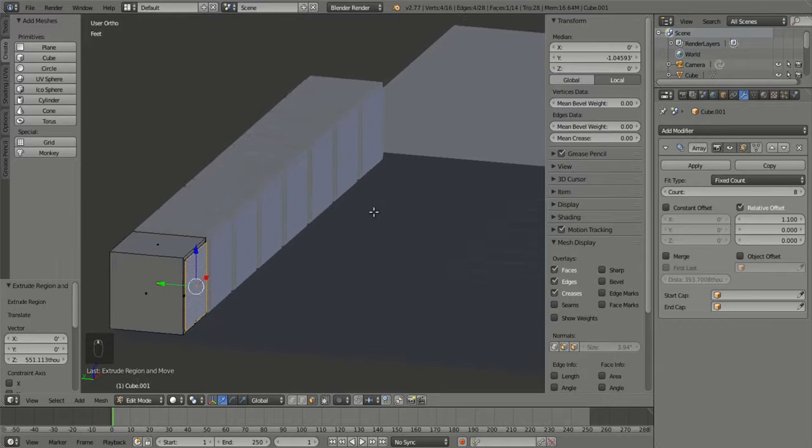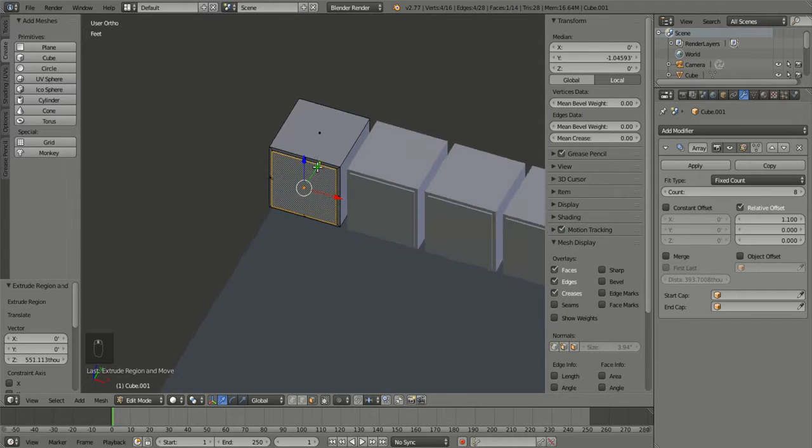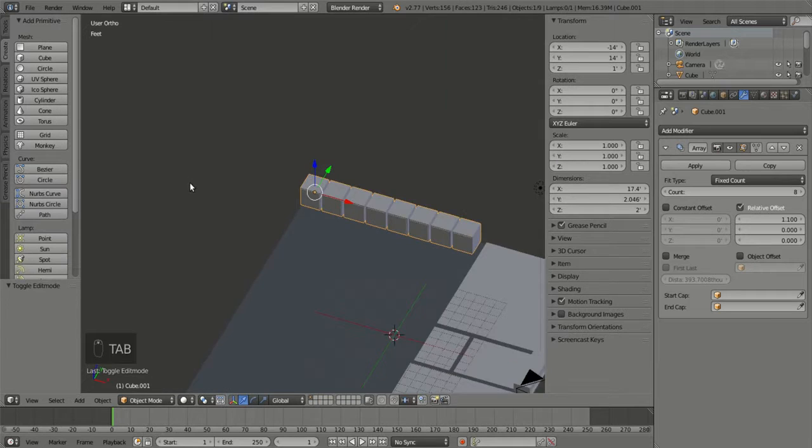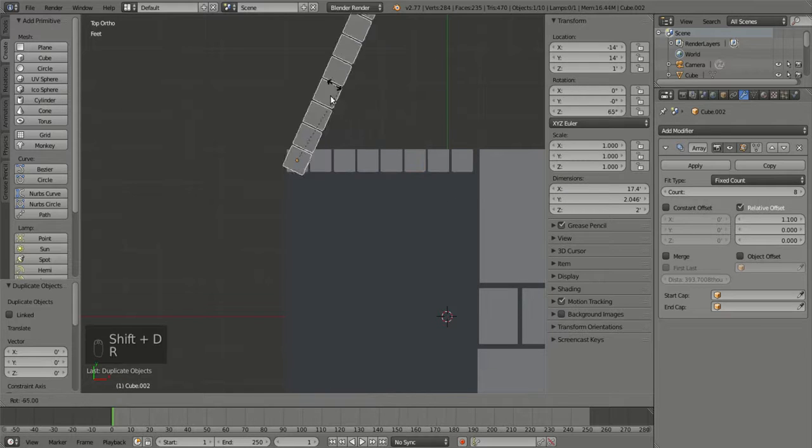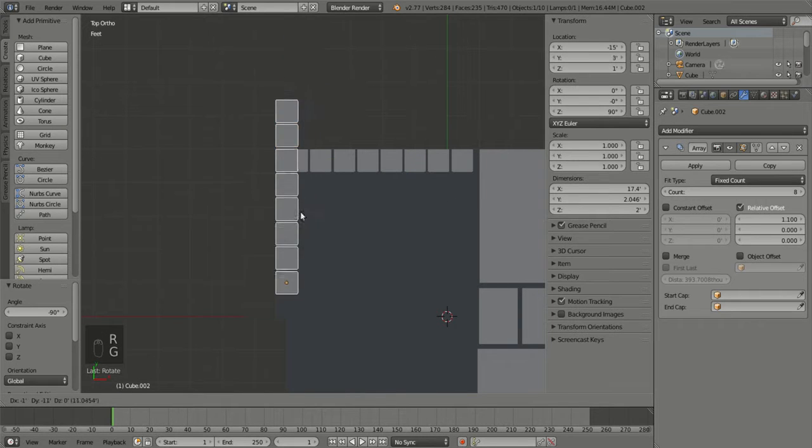Potentially one of them is a sink. I don't think I'm going to go to that level of detail. I'm just going to copy this, rotate it, move it down,